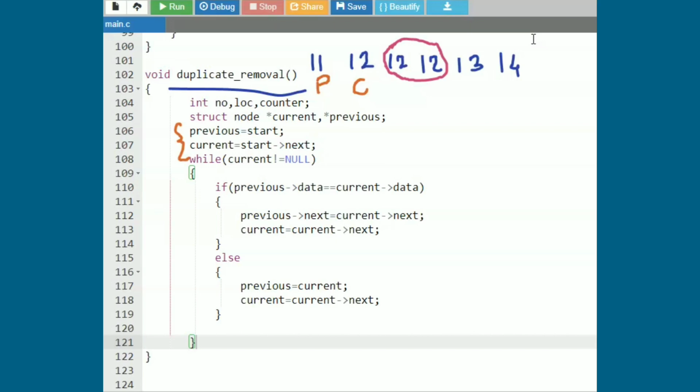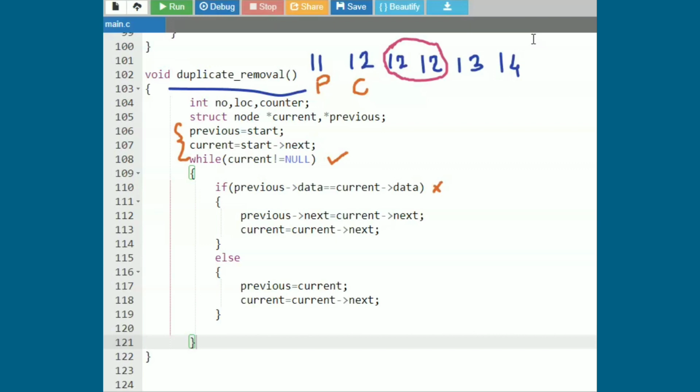First, while current has not reached null, I will traverse. That was the first point. Now, if the situation arises where previous data and current data are equal: currently it is 11 and 12, so there is no match. But if both are 12, in that case the data matches. So currently this condition will be false, and we will go to the else part.